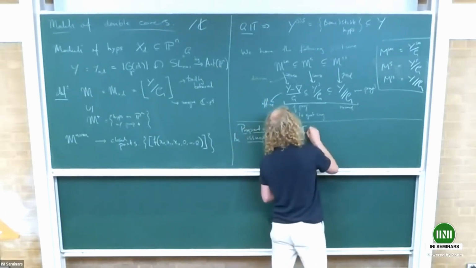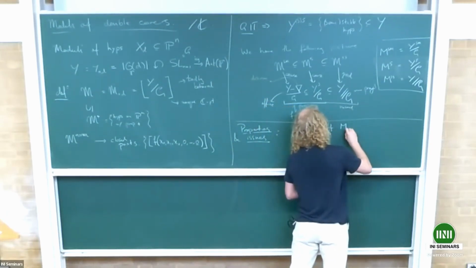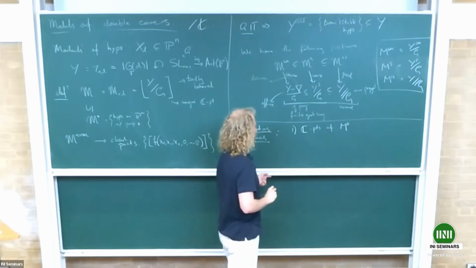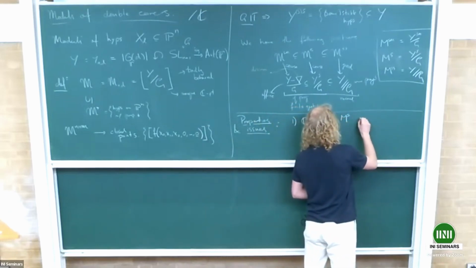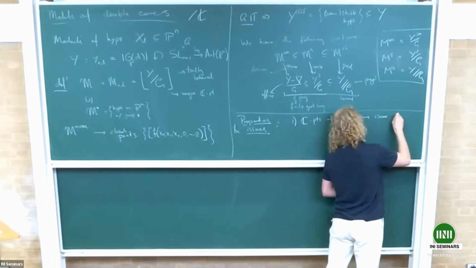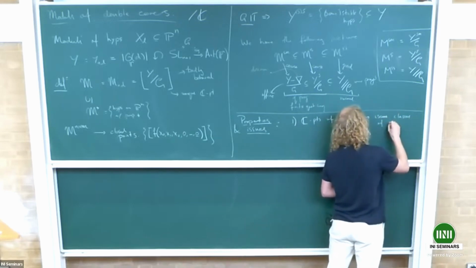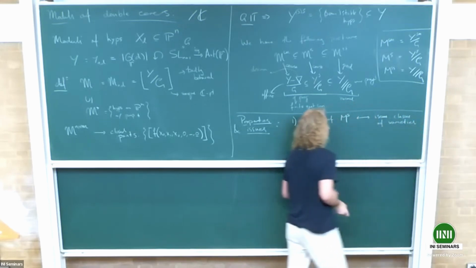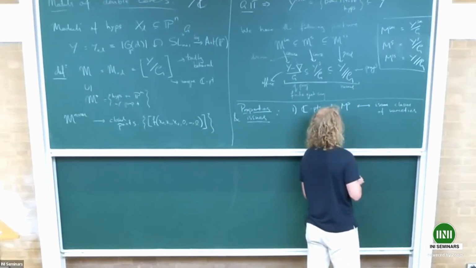We understand the C points of S, okay. And these correspond to isomorphism classes of varieties. Okay. So this here we need a restriction on the